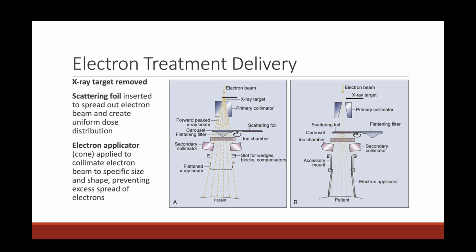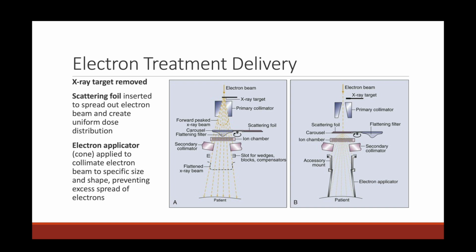That mount also juts out from the bottom of our collimators. What that does is bring the electrons closer to the patient's surface, and it minimizes the air gap between the head of our machine and the patient. That's important because when there's more air between the electrons and the patient, those electrons are very light, remember, and so they're going to scatter. So we try to bring the applicator closer to the patient's surface and prevent as much scatter as we can